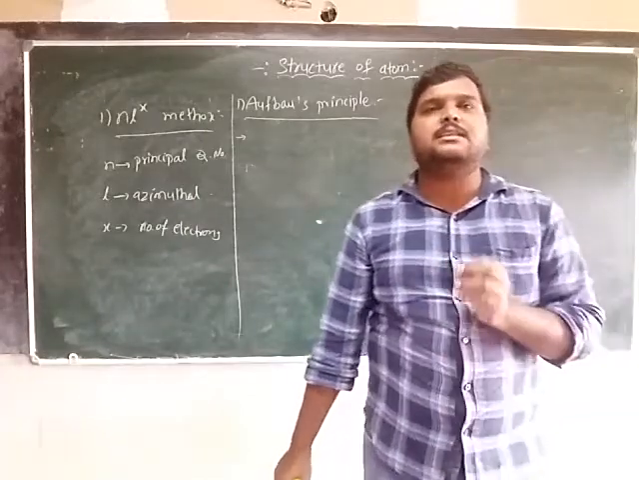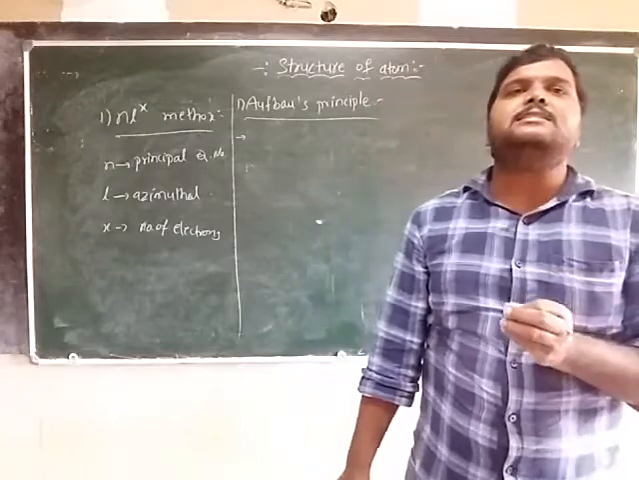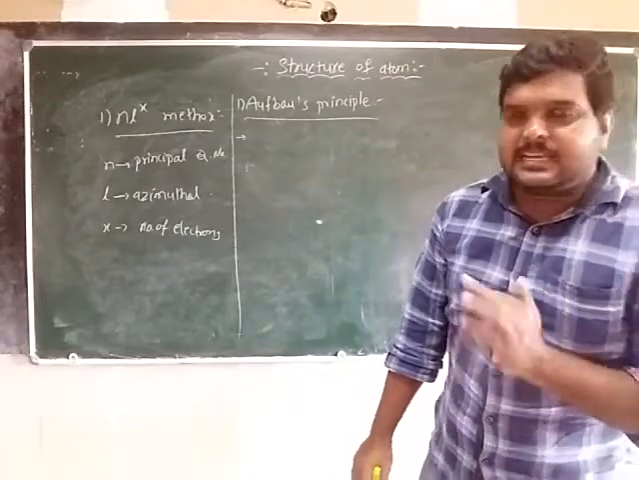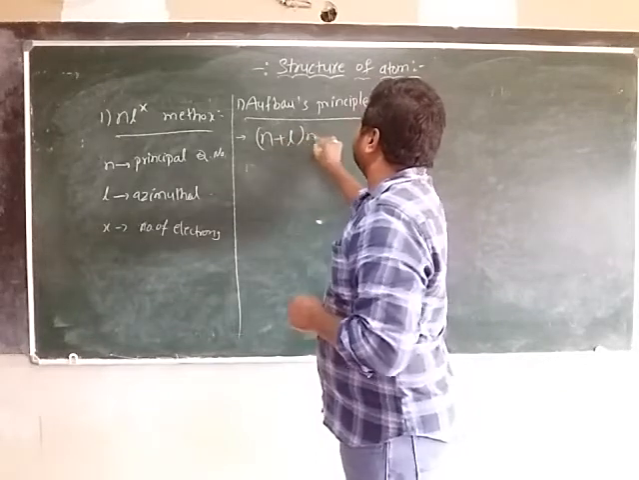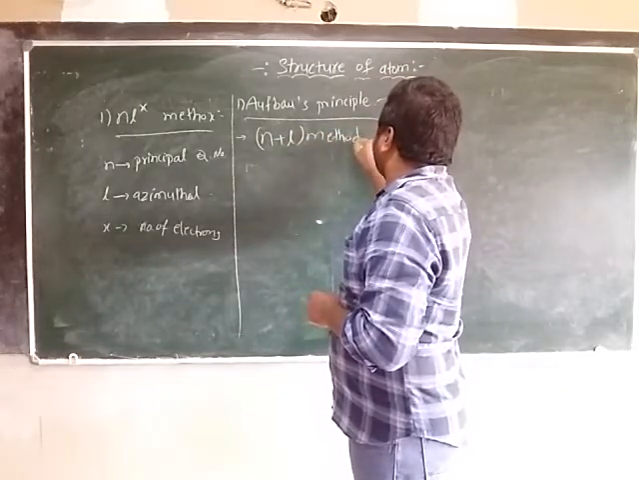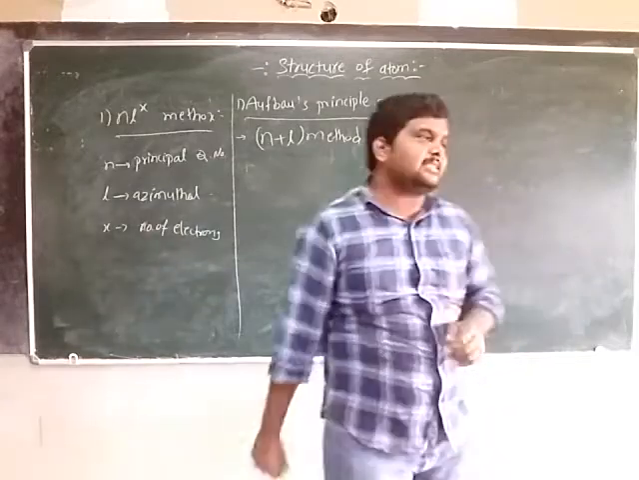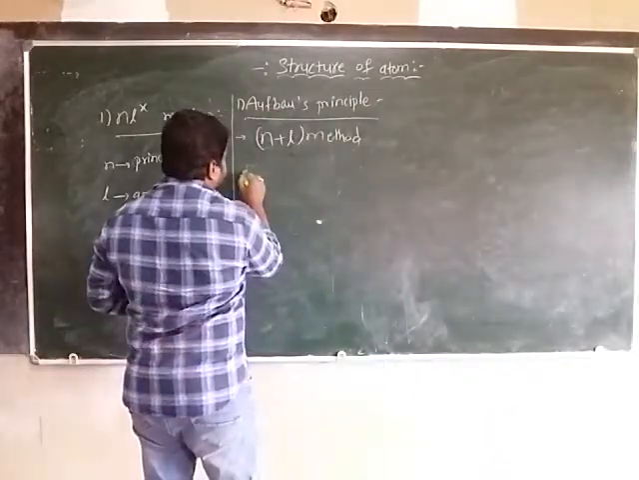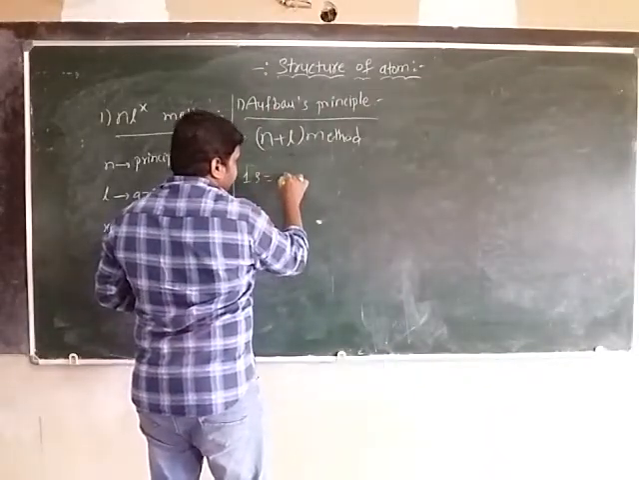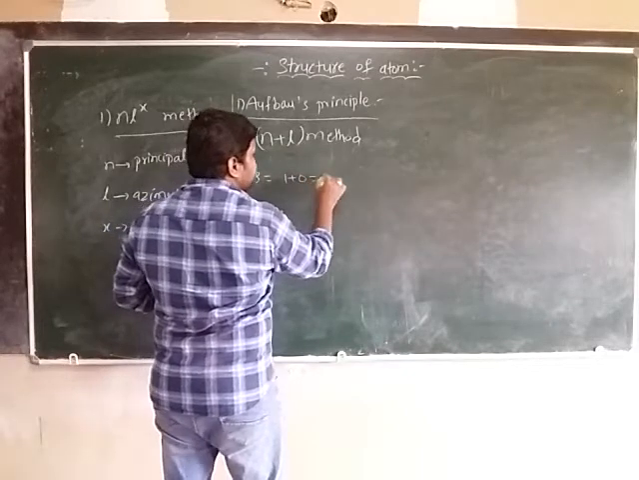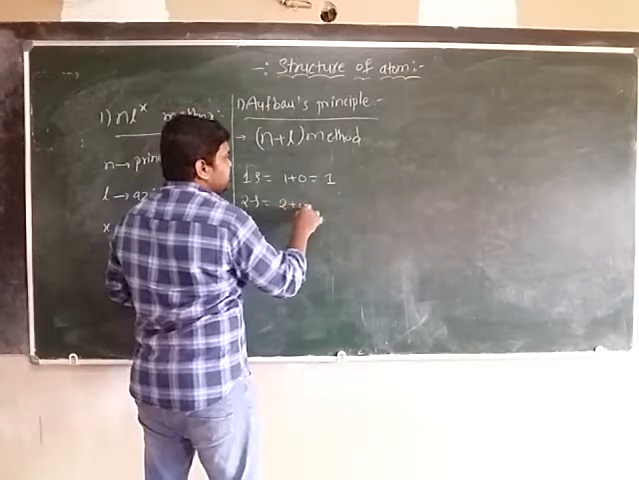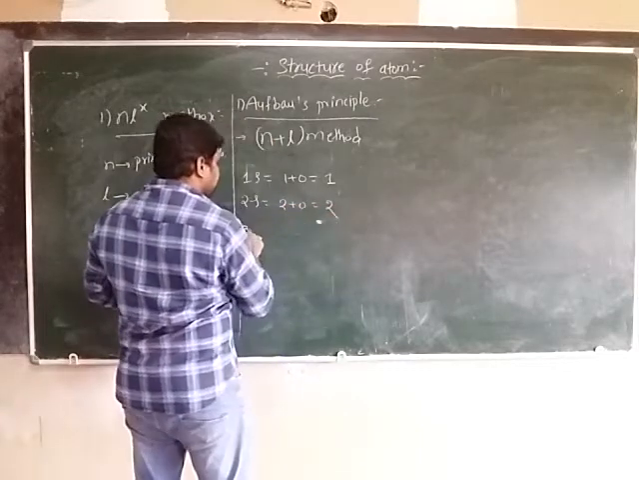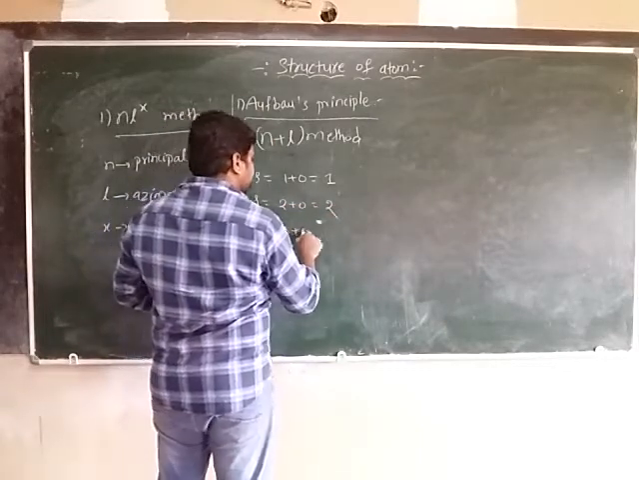Electrons fill in the orbitals in the increasing order of their energy levels by using the n plus l method. What is that? The n plus l method. So first, for example, 1s means 1 plus 0, that is 1. Suppose 2s, 2 plus 0, that is 2. Next 3s, 3 plus 0, that is